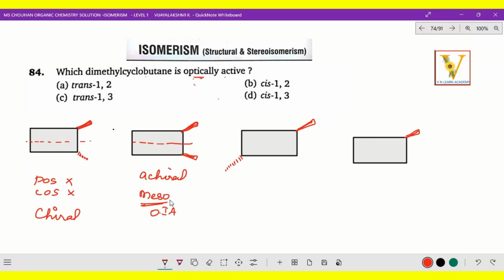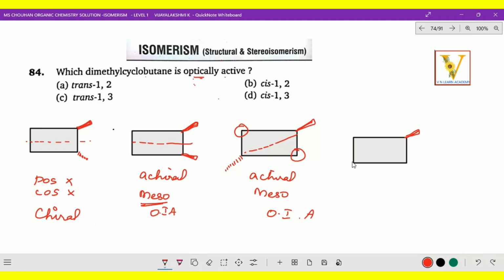Optically inactive. And next one, when you cut over here, this is trans 1,3 dimethyl cyclobutane. Here also, when you cut over here, both sides are identical, similar groups, CH2, CH2. So naturally it is achiral. Chiral means four different groups or atoms attached to that carbon; that is called a chiral carbon, right? But here it is achiral, so this is also meso, and also optically inactive, right? So these are all the points.